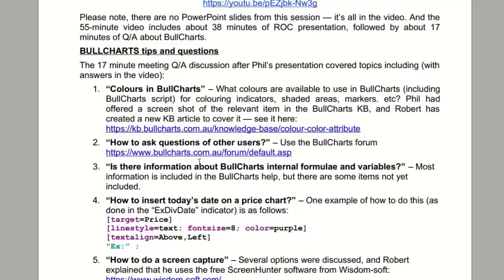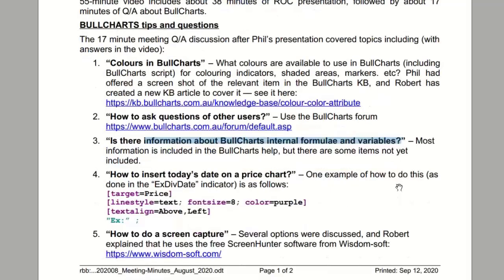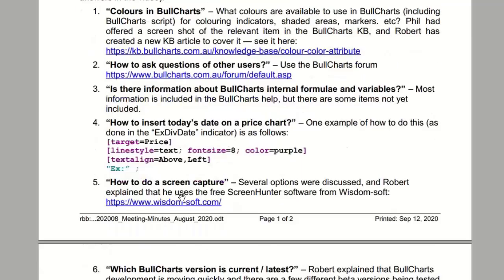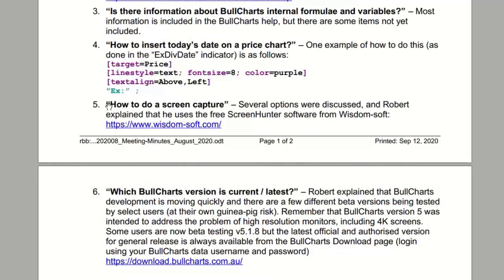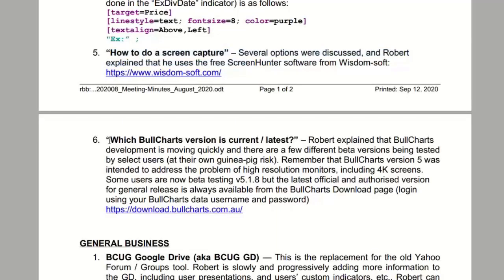We had a brief chat about the BullCharts user forum. We asked about internal formula and variables. There was a question about that we couldn't really give a really good answer for, unfortunately. Someone asked about how to put a date onto the price chart. When I prepared these notes, I found some BullCharts script that is an example of how to do it, so I put that into that session. We talked about how to do a screen capture. We also talked about the latest BullCharts version,